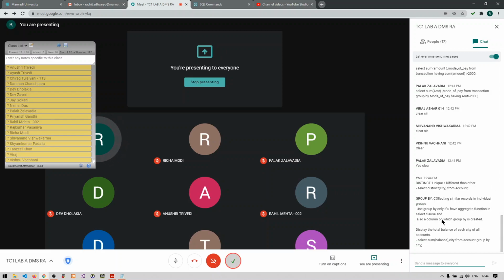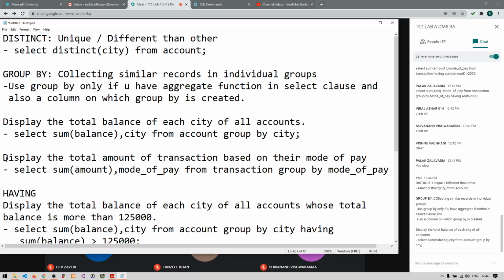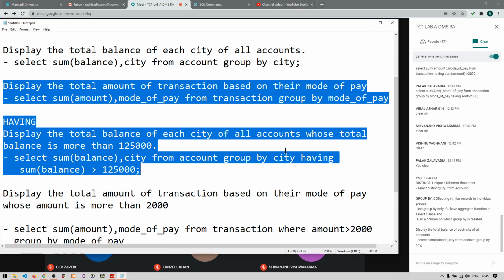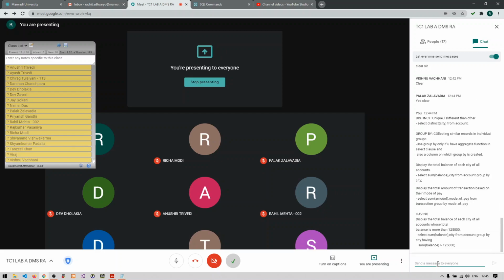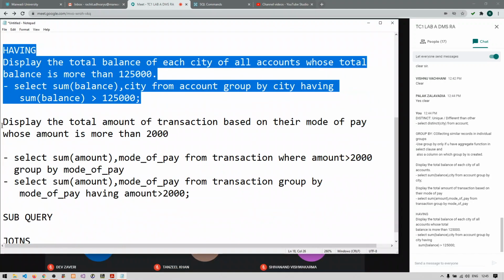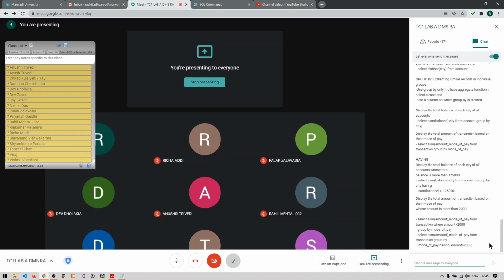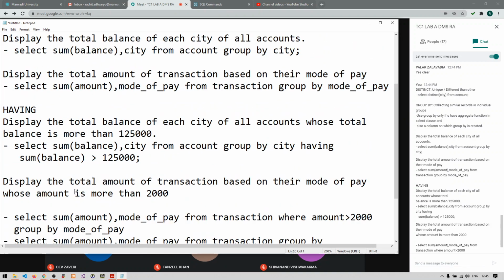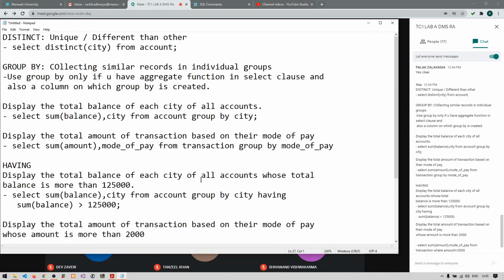So the DISTINCT keyword and GROUP BY clause I have pasted in your chats. You can refer to it. And also I am pasting the HAVING clause. I am giving you 2 minutes more if you want to refer to all the topics that we have learned so far. And then we can start with subqueries and joins. So this is DISTINCT, GROUP BY and HAVING.